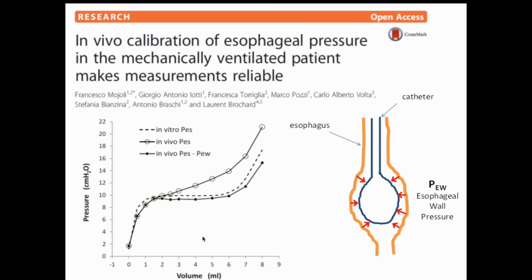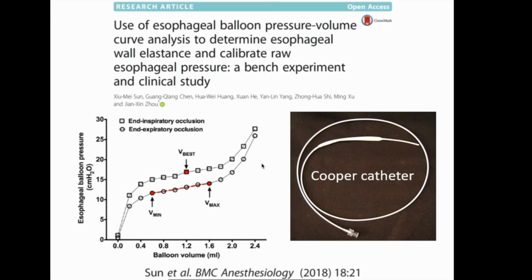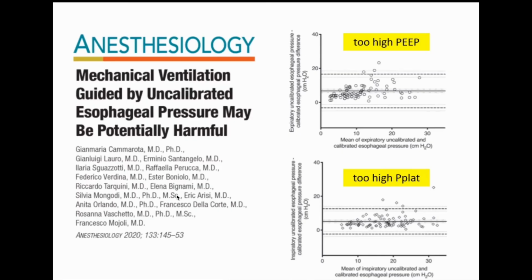Now there are methods by which we can calibrate this elevated pressure back to the actual esophageal pressure. This change is also seen even when you are using low volume catheters. So it is not that using a low volume catheter will get you out of this. It has been seen that these variations are too high, and this can result in too much variation and too much difference in the baseline to use in clinical practice.